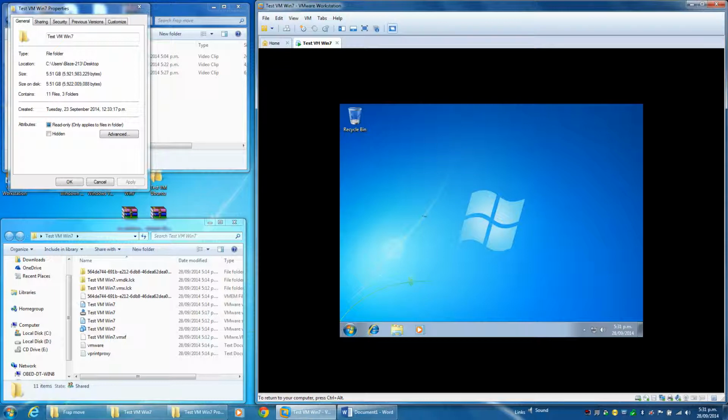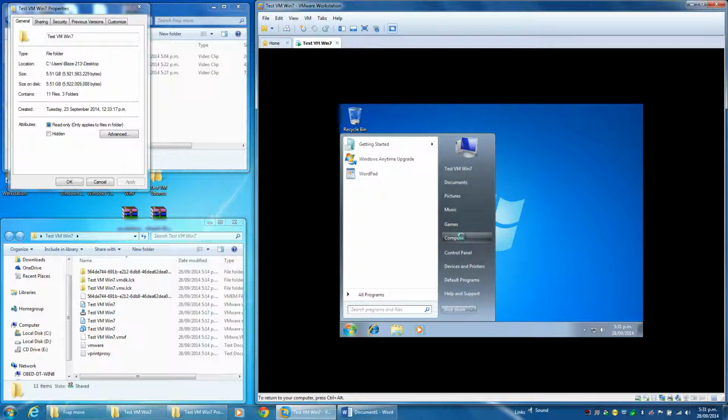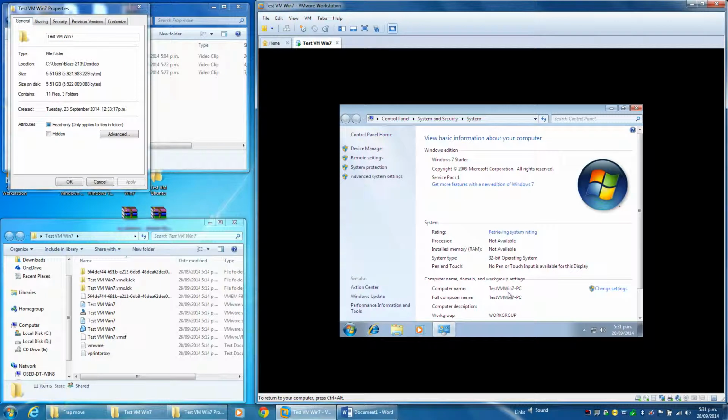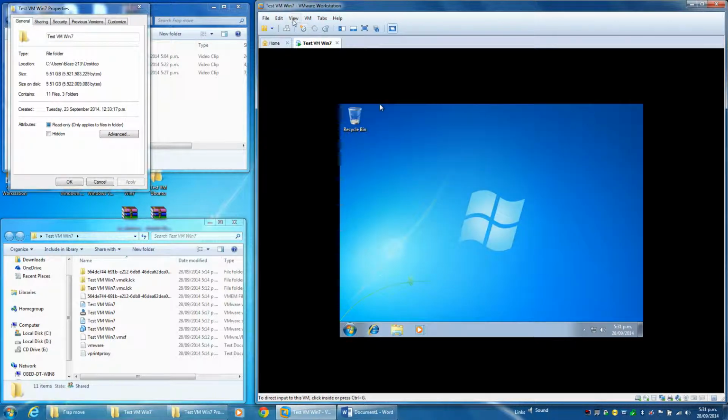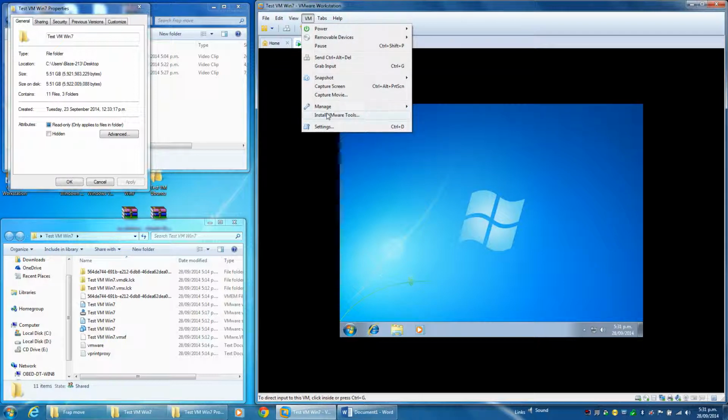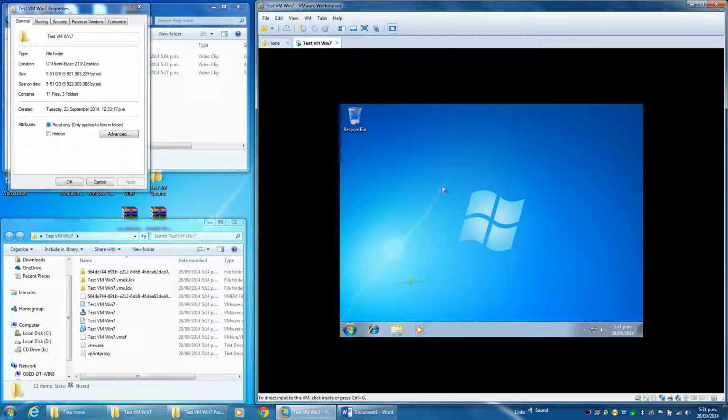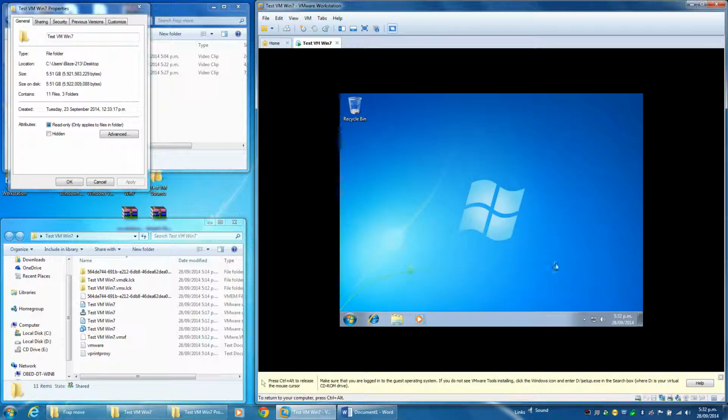So my desktop is up. Notice how the mouse is still a bit choppy, whereas outside it's completely seamless. Inside is a bit choppy. So what we want to do now, this is Windows 7 Starter Edition. Yep, Windows 7 Starter. So what you want to do now is go VM, install VMware Tools, and it'll mount an image drive,